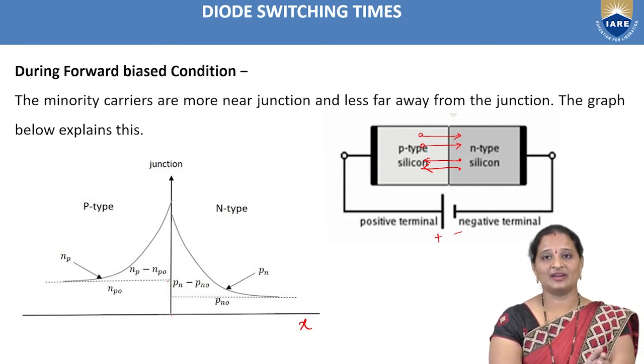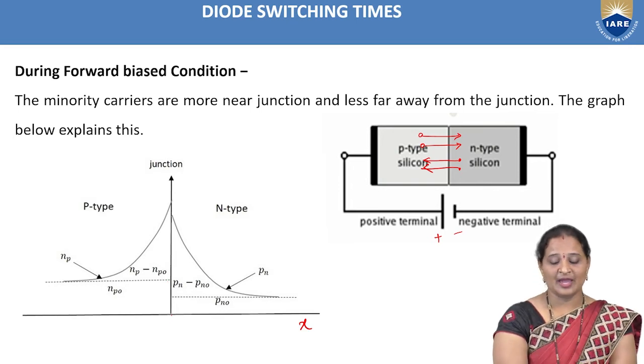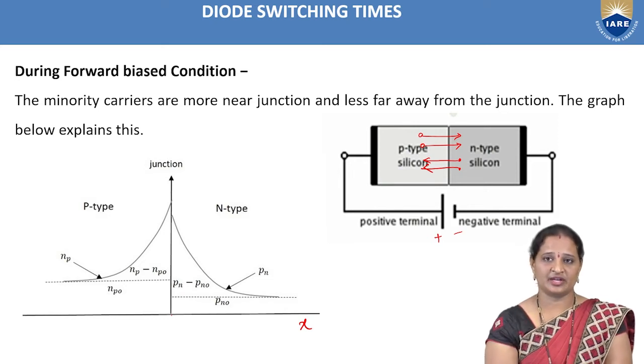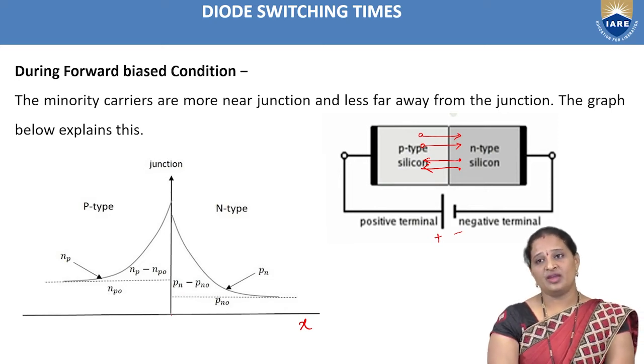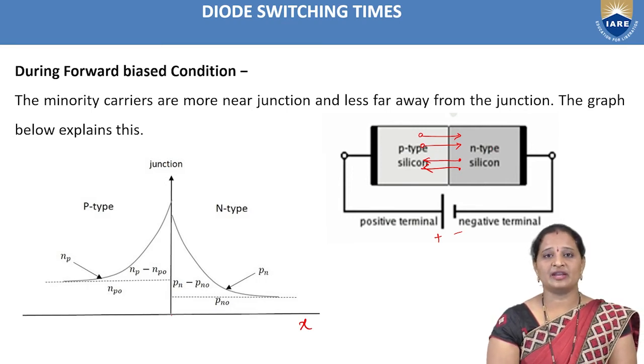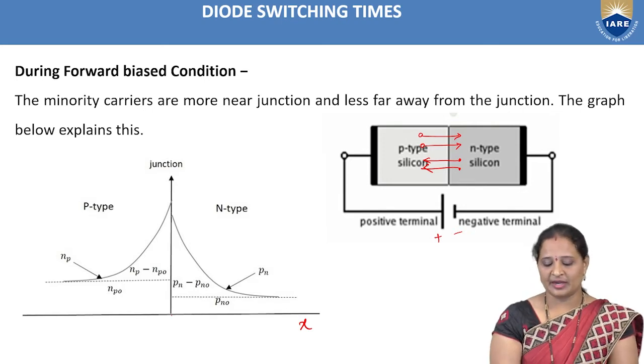and to the left of this straight line it is indicated with a p-type semiconducting bar, and to the right of this line representing the junction, we have an n-type semiconducting bar. And here we are considering that the n-type semiconducting material is heavily doped when compared to the p-type semiconducting bar.